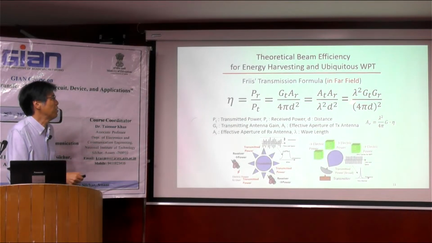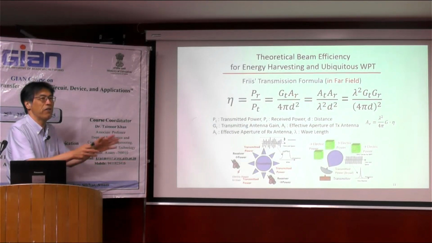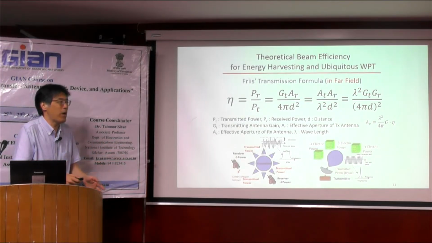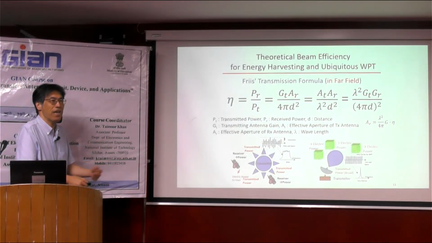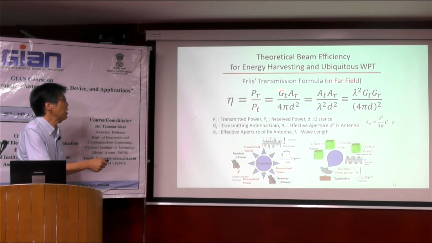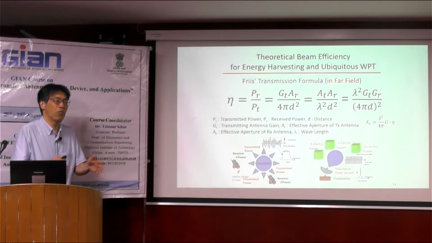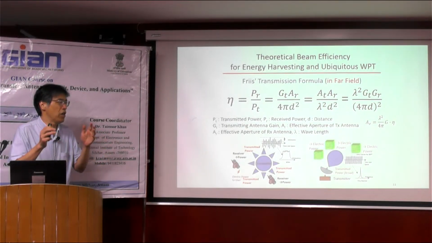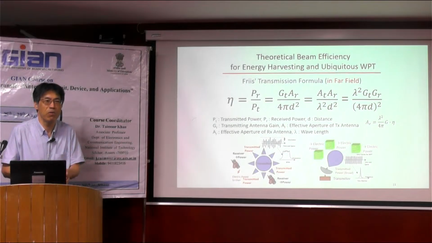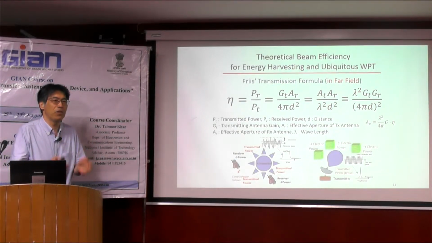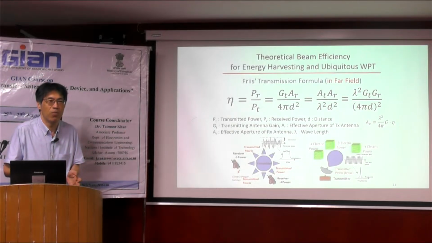But it's easy to understand when we increase the receiving area, when we increase the antenna gain of the receiver, we can multiply the receiving power or beam efficiency by this equation. When we put a 10 times larger gain antenna as a receiver, we receive 10 times larger power, and the efficiency becomes 10 times larger. But